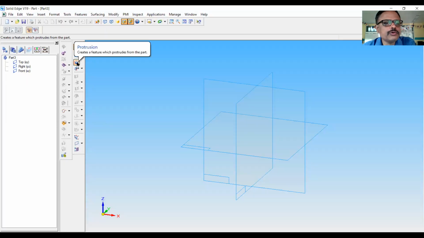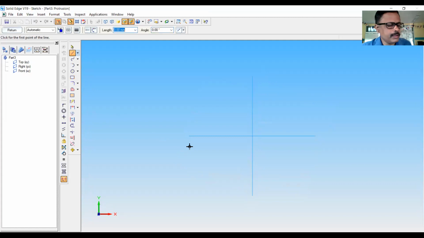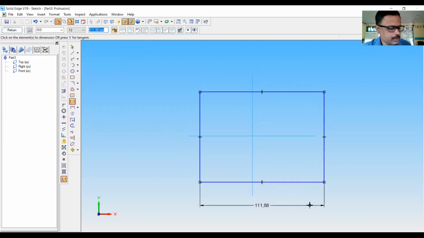So click on protrusion, click the horizontal plane, then draw the profile. So the profile in this case is a rectangle. Just draw the rectangle, dimension it. So this dimension is, I think, 140.